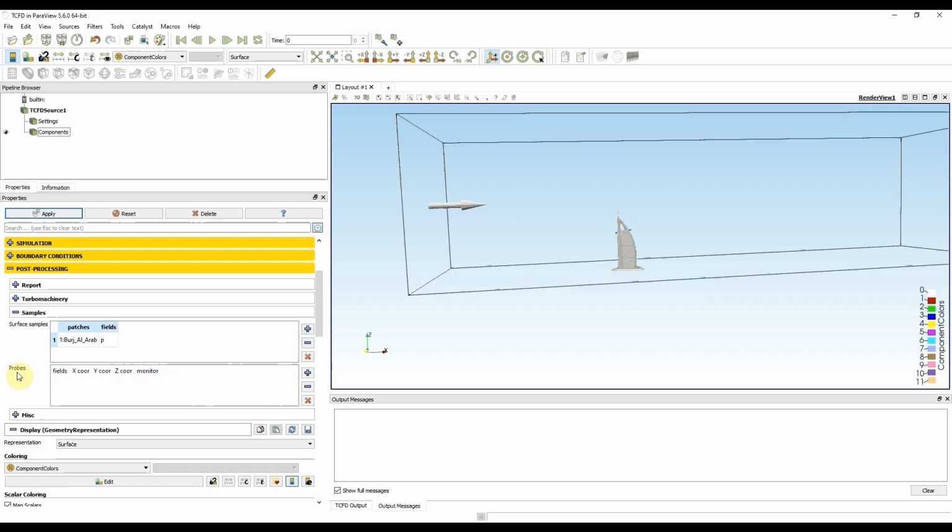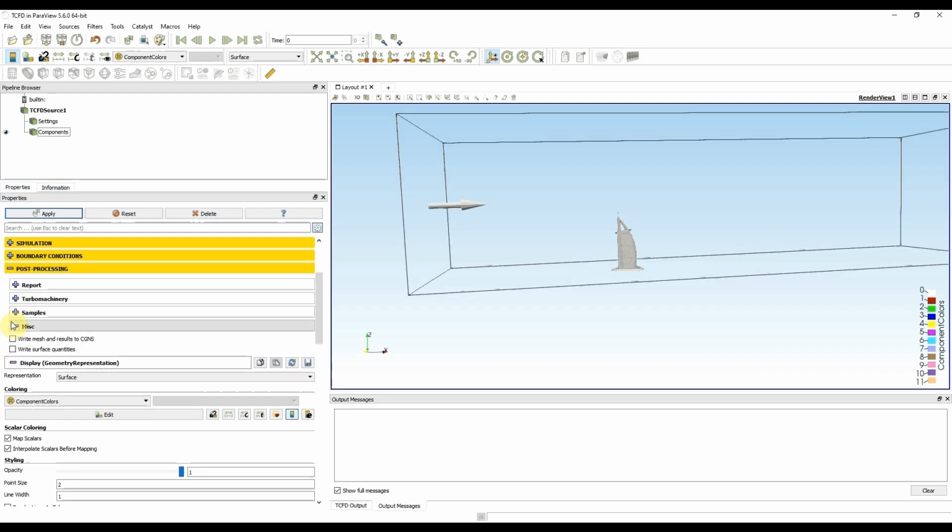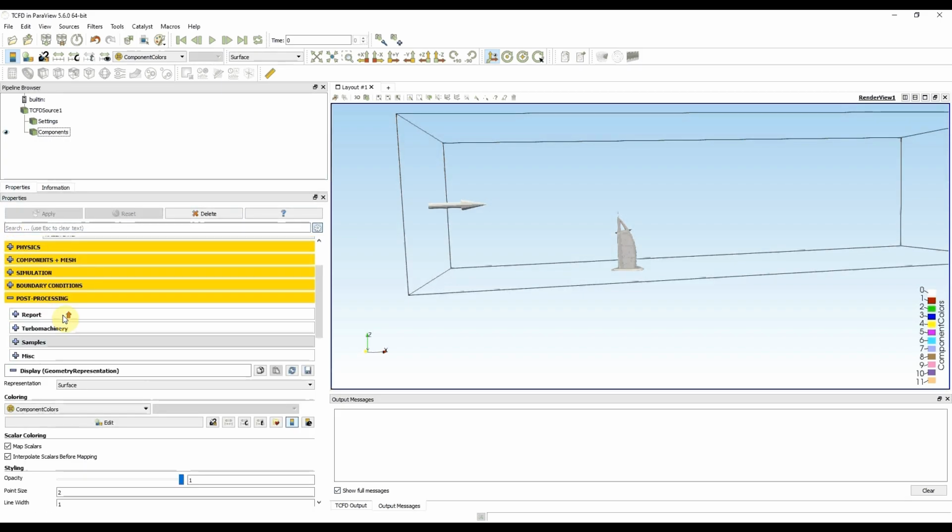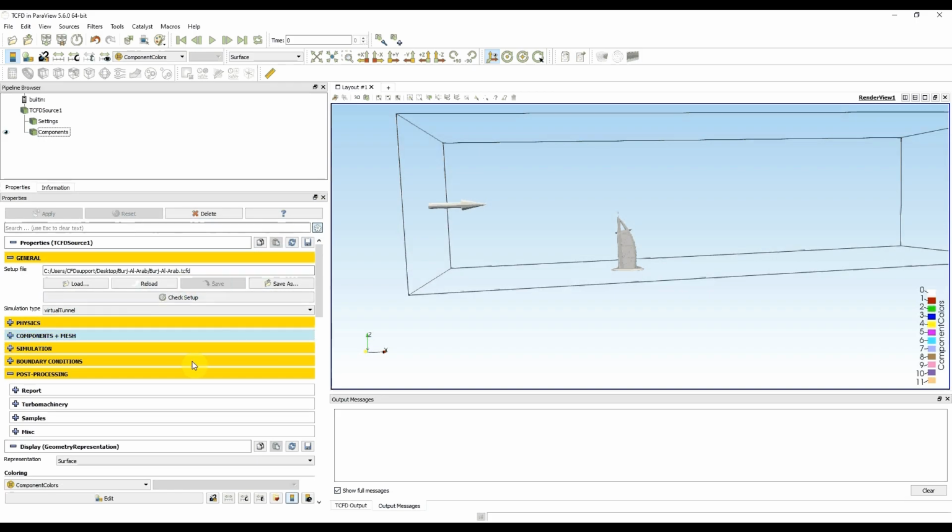I do not want to use probe in this case, so I can remove it with X, close this part and go to misc. Here I can write mesh and the results into CGNS format, or I can write surface quantities into separate file if I want to use them in post-processing, for example, structural analysis. So this is everything. I click on save and check setup. My case setup is okay, and I can continue to